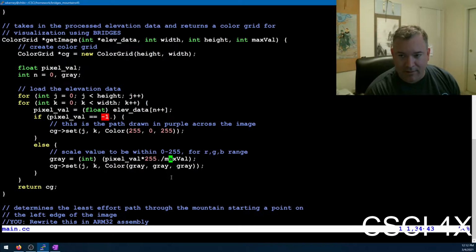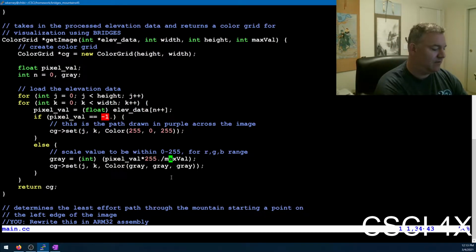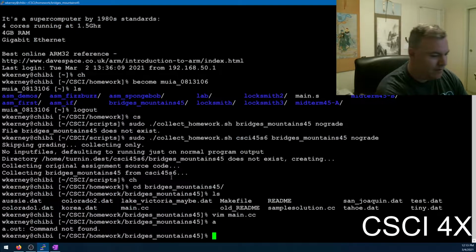But you didn't need to take CSI40 for this. This is a skill that all of you guys need to develop. Like, why is it crashing, right? And so if we run this, make